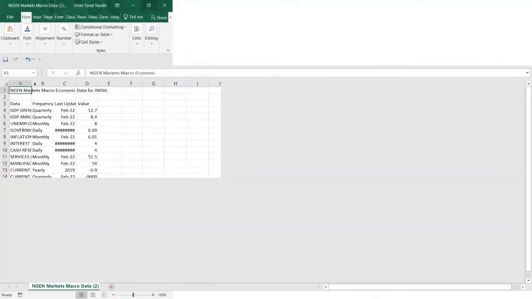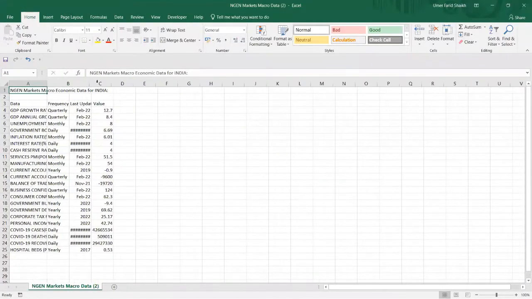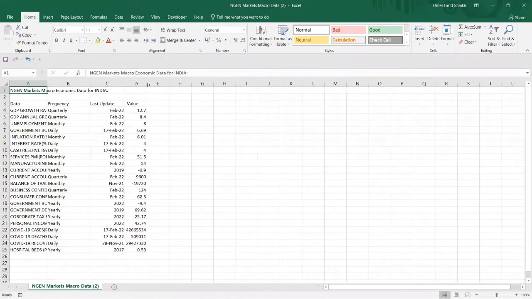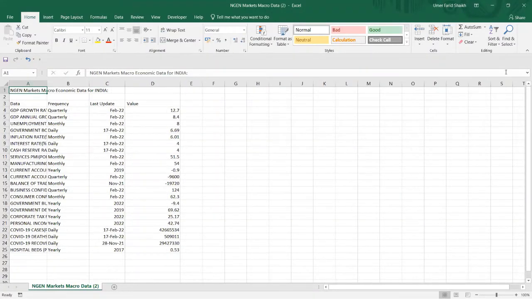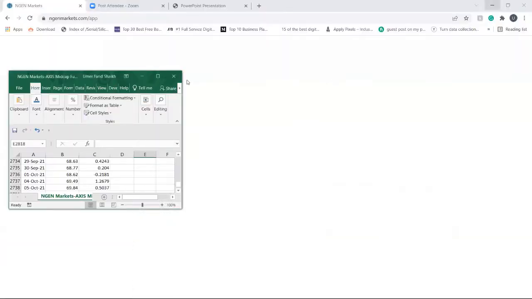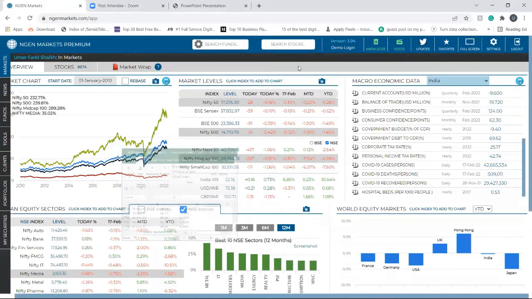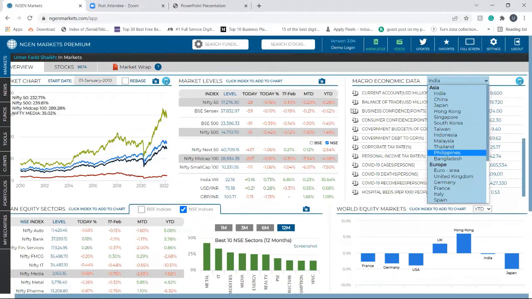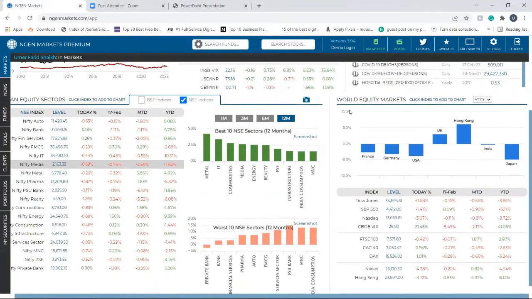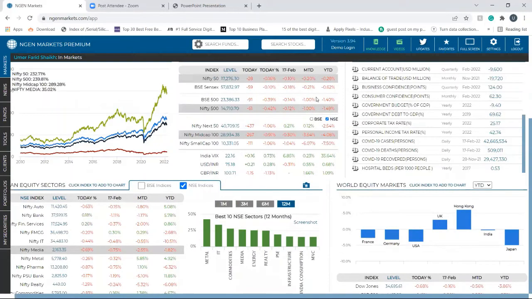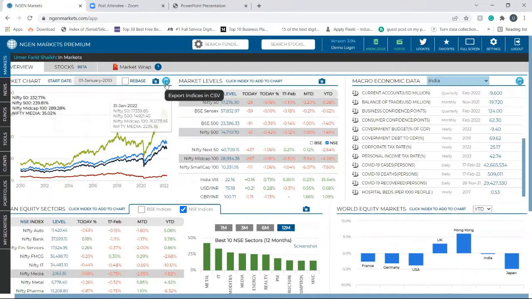So this is the macroeconomic data of India, which I have generated within a matter of seconds. This can be changed for any other country altogether. You can change those countries and then download them. Similarly, the main thing here is that once you have done the Excel analysis, once you have downloaded the entire